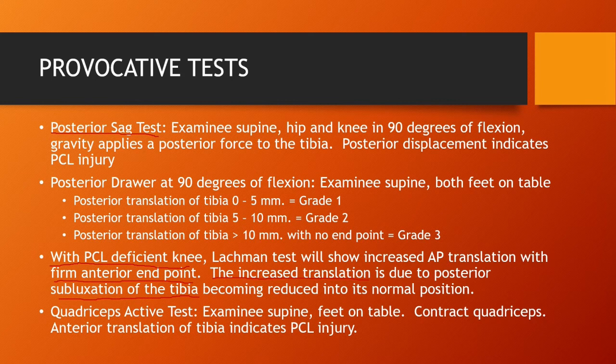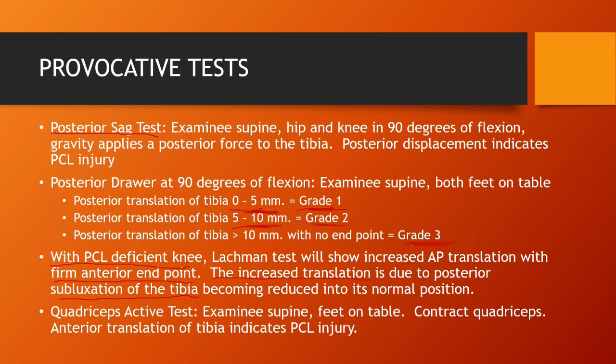The posterior drawer test, we're going to perform this at 90 degrees of flexion. So the examinee will be supine with both feet on the table, and with a posterior directed force to the tibial tuberosity, if we have a posterior translation of the tibia of 0 to 5 millimeters, that qualifies as a grade 1 or mild laxity. A posterior translation of the tibia of 5 to 10 millimeters is a grade 2 laxity, and greater than 10 millimeters of translation with no firm endpoint generally is suggestive of a rupture or an absent or a deficient